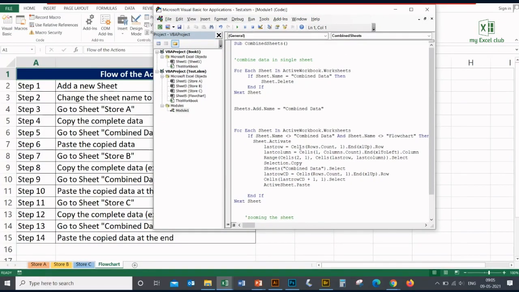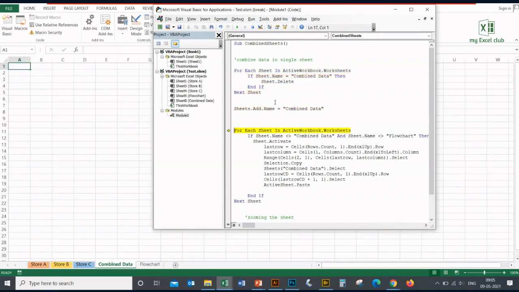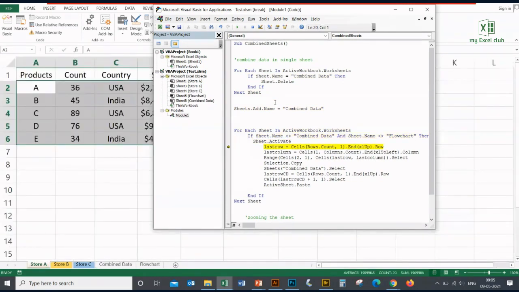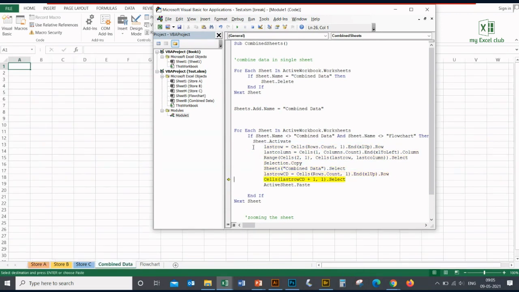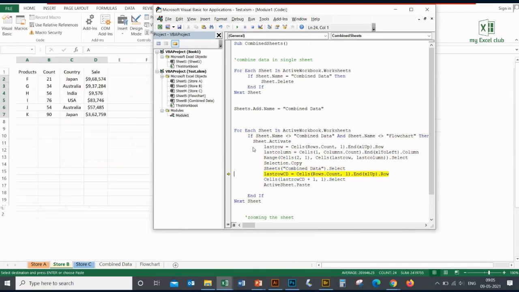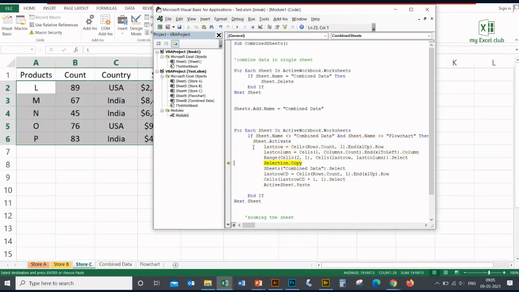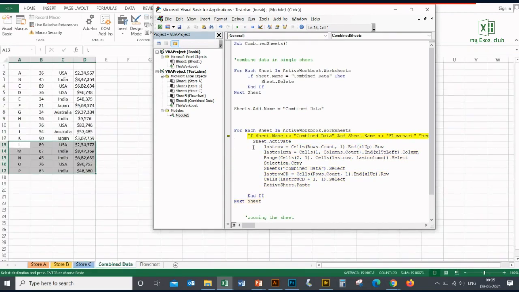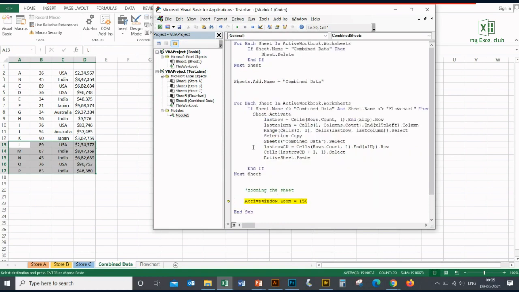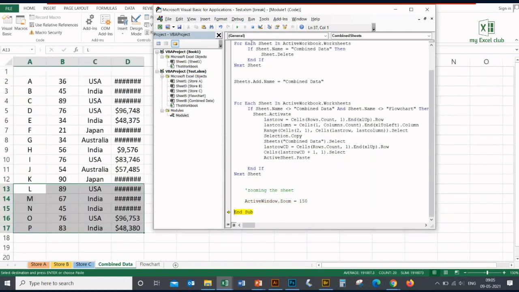Now we will test our macro step by step. Keep your cursor here and press the F8 key from your keyboard, and then the macro is working fine. Keep pressing the F8 key till the time this macro gets completed. At the back end, you can see what all these syntaxes are doing. Keep pressing F8, and then yes, my macro is working fine. It is copy pasting the data at the correct location, and then end.